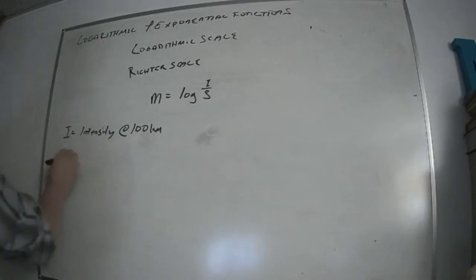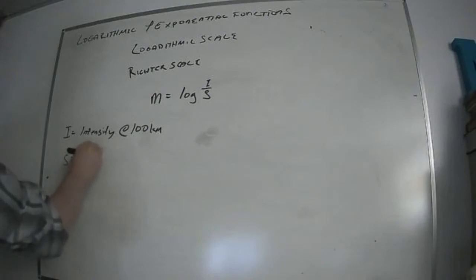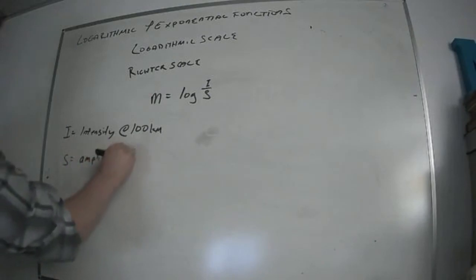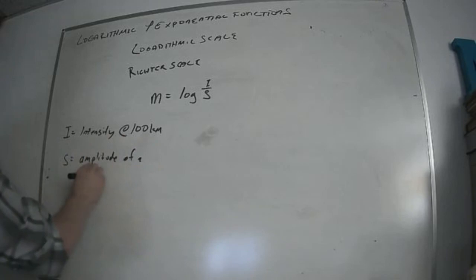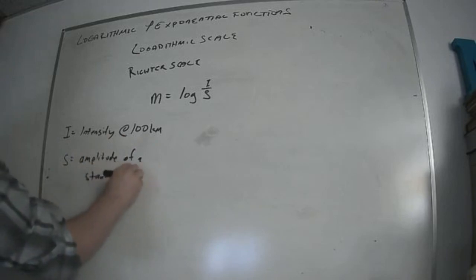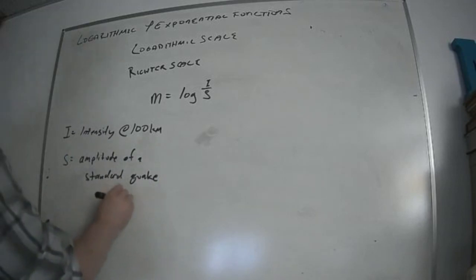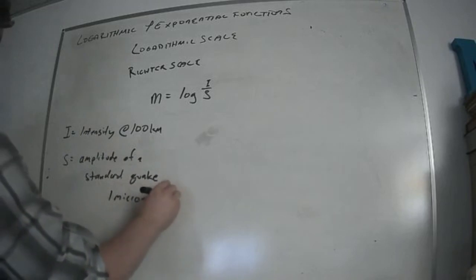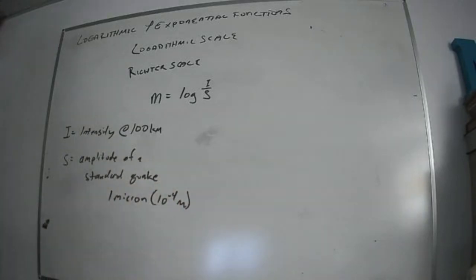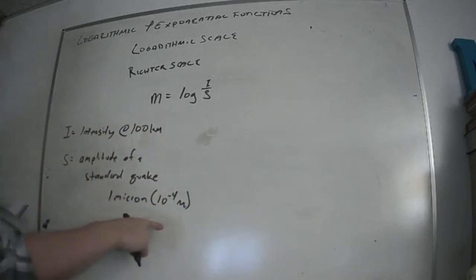And S is what's called the amplitude of a standard quake, which is 1 micron, equals 10 to the minus 4 meters. And if we take S and say this is the amplitude of a standard quake,